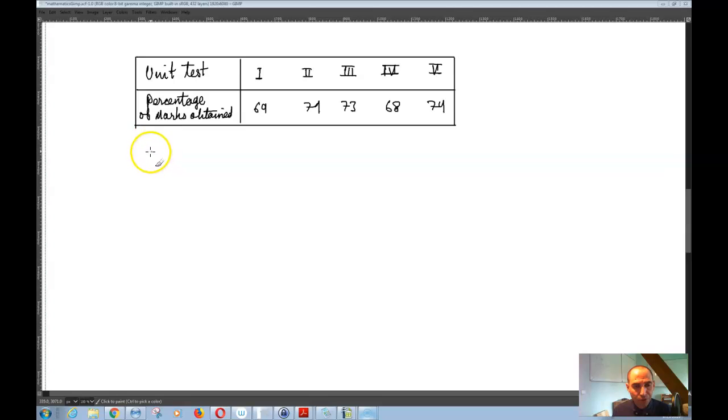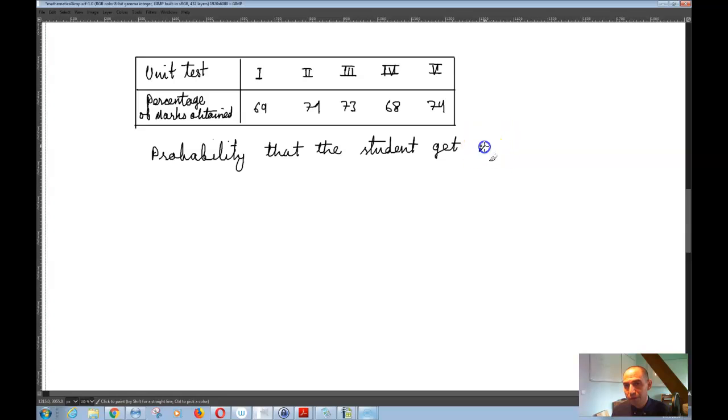So the number of times more than 70% has happened: basically more than 70% has happened here,